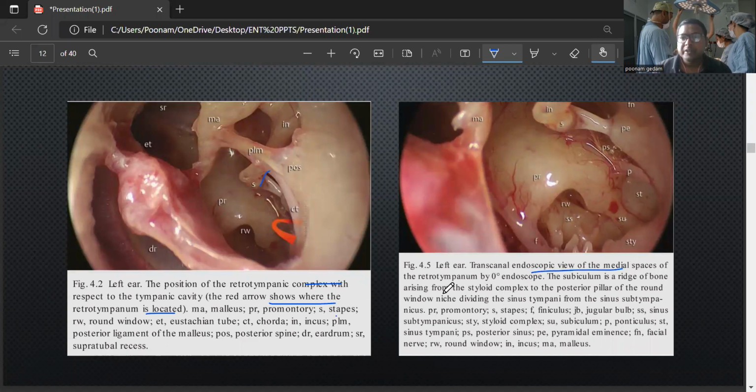This is the endoscopic view of the middle ear space, retrotympanum. The ponticulus is a ridge of bone arising from the styloid complex to the posterior field of